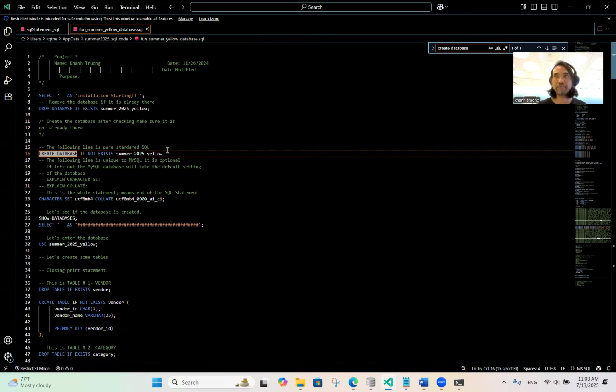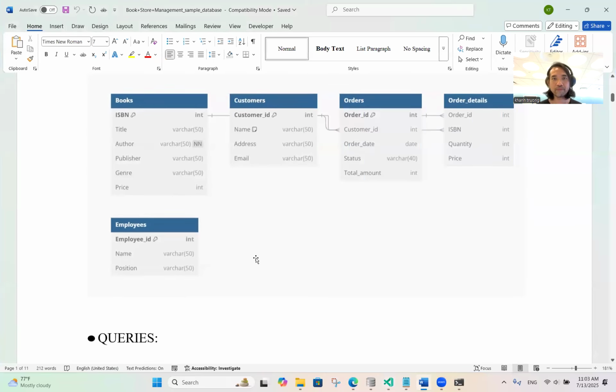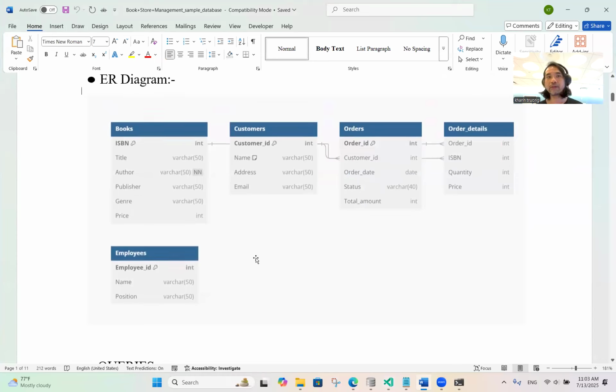And then remember that last week we installed the Sakila database, right? We basically downloaded a zip file. It has two files, a schema file and the data file, right? That's exactly what I need you to do for this week. You basically create this database, and then the schema is kind of like